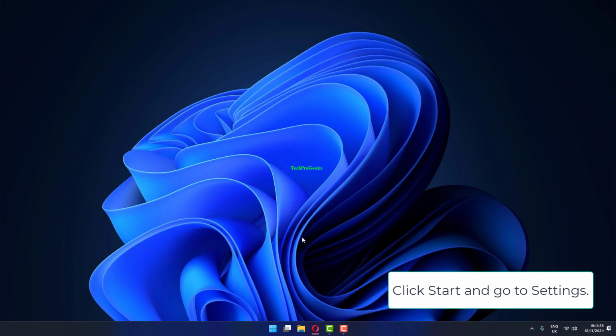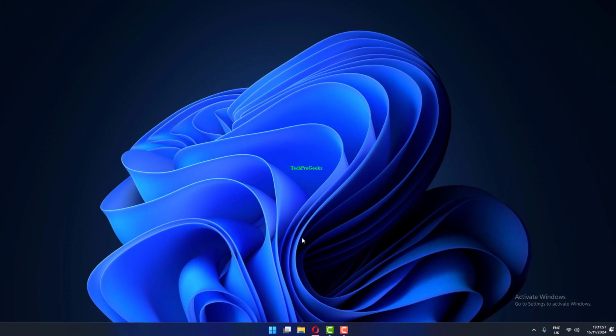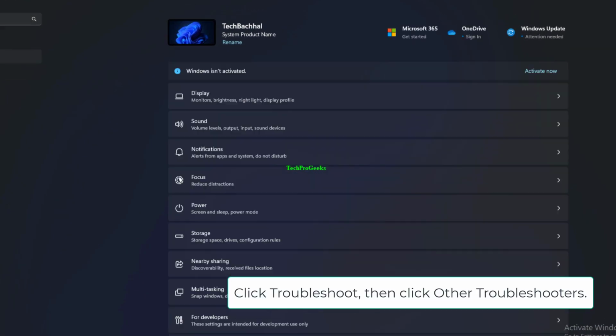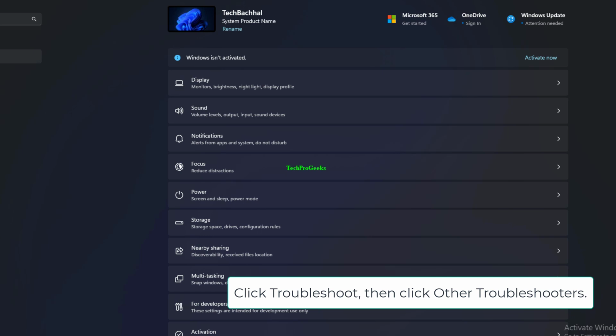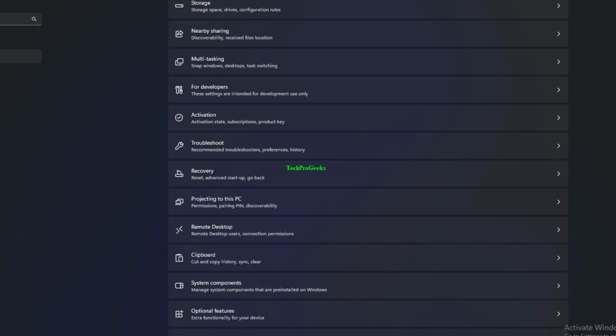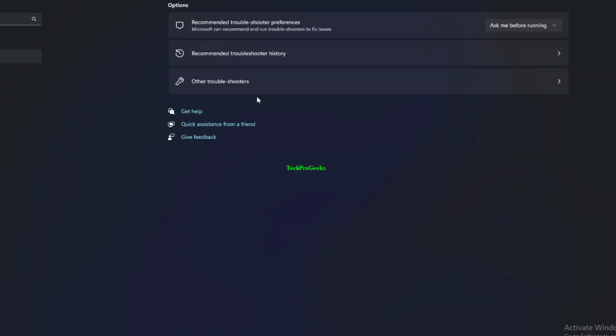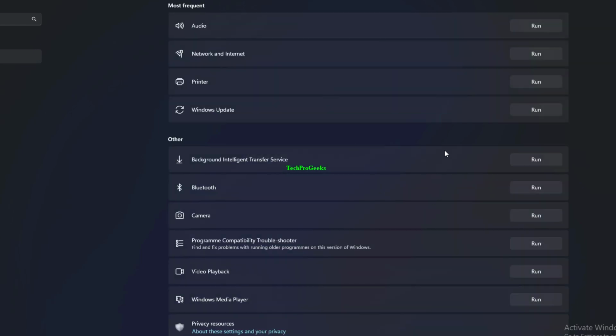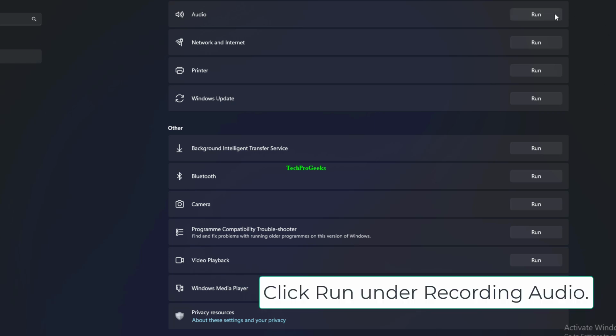Click Start and go to Settings. Click Troubleshoot, then click Other Troubleshooters. Click Run under